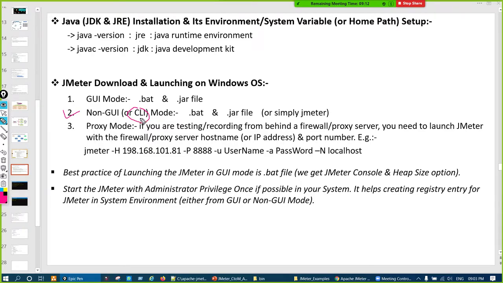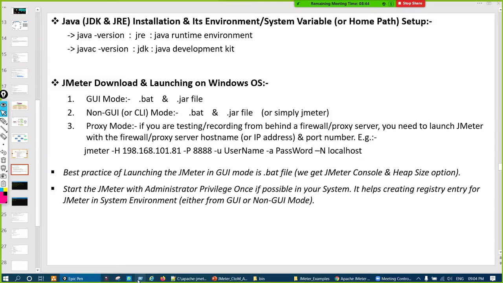We are calling the same file, only we are calling it using non-GUI mode or CLI mode. Calling means executing here, launching or executing, whatever you want to say.